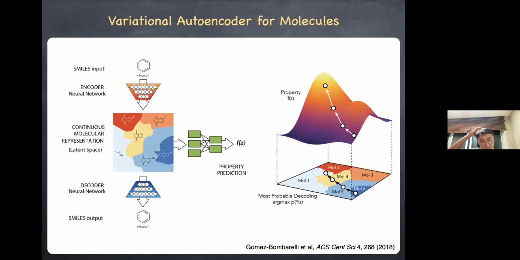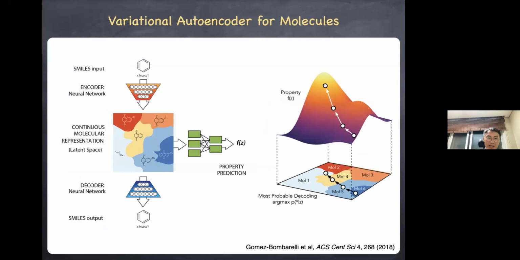One of the first works to use variational autoencoders in chemical science is the work by Alan. In this work, they encoded the molecular structures into a string format, SMILES strings, and mapped that into the latent space. So basically, each point in this vector space represents a molecule.